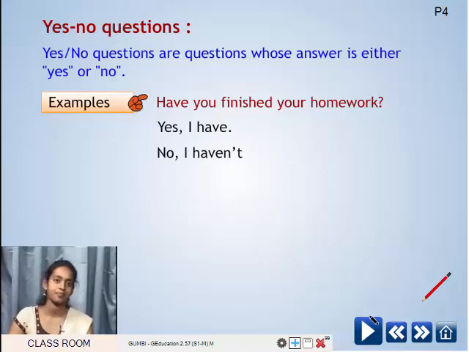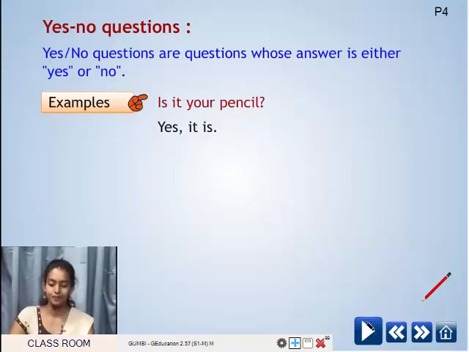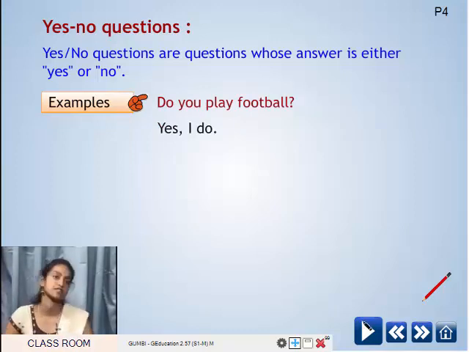Bye-bye. Take care. So children, now you have listened to the conversation. So let's answer a few questions. Let's look at the questions first. Who are the two friends speaking in the conversation? Repeat, children, you know the answer. Who are the two friends speaking in the conversation? Yes. It's Shashi and Ajay.